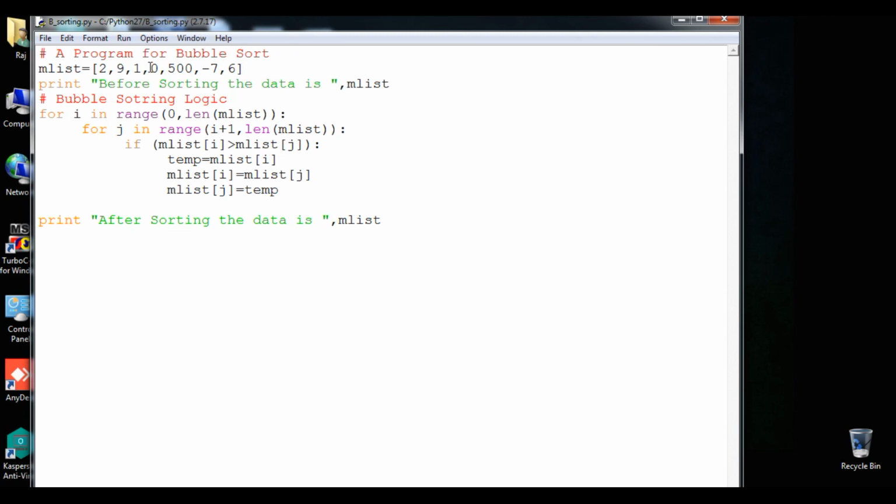Like that, if any element is smaller, it will exchange the value, I mean swap the value according to its positional index value. And when the first pass is complete, the second one is compared again with 1, then 0, and so on. So till the 7th element, I mean the 6th index, it will perform the comparison. At the last, it will arrange the particular elements in ascending order.